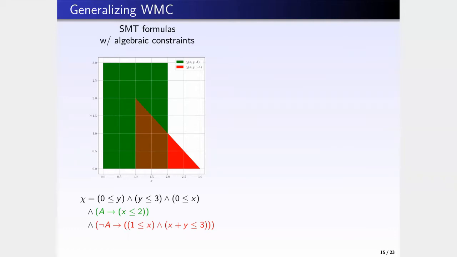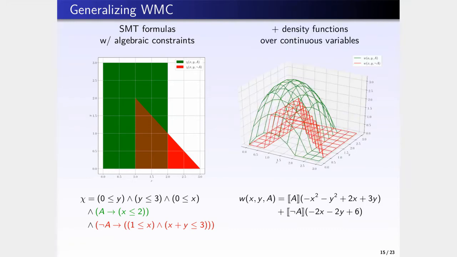It doesn't have to be linear algebra, it can also be nonlinear, but it's easier for the purposes of this presentation. So here you can see a formula that encodes a non-convex region with two continuous variables and one propositional variable A. And then, of course, I also need to define a density function on top of this, on top of the continuous variables. And here I'm going to use this piecewise polynomial. You can see here that when propositional variable A is true, this density is a quadratic polynomial, and when it is false, it is this non-quadratic linear